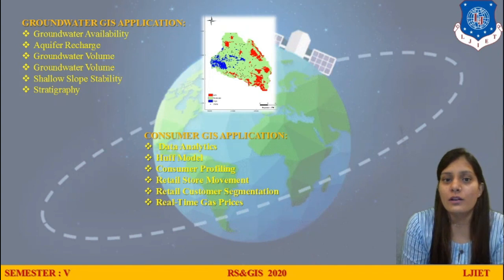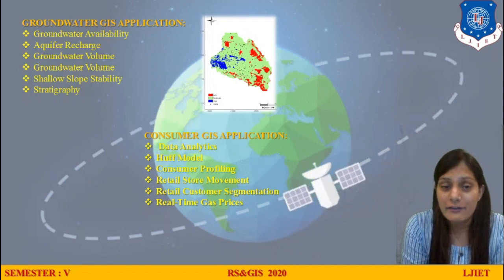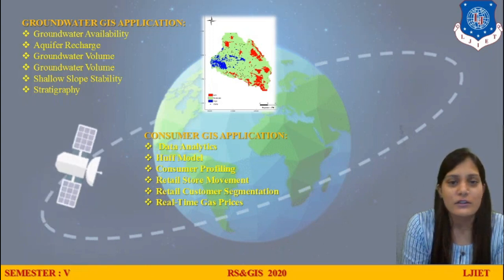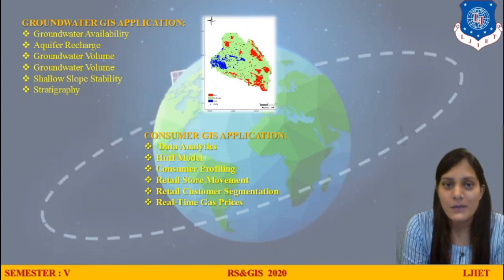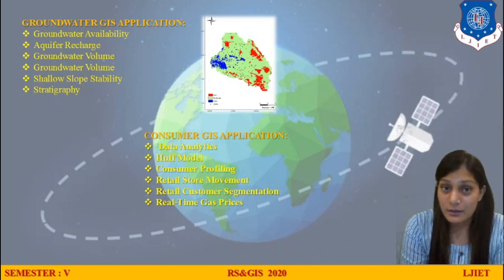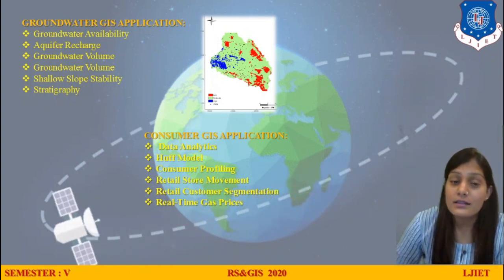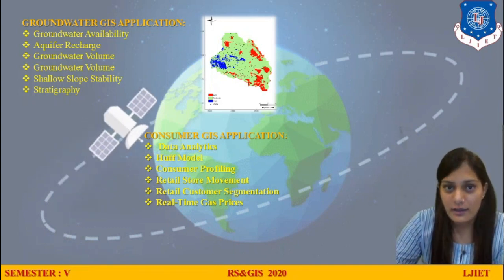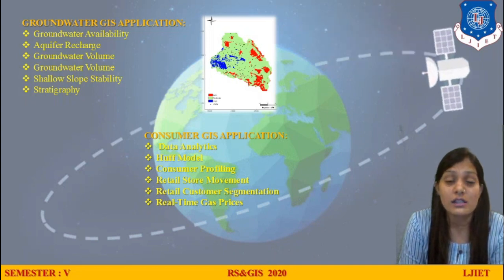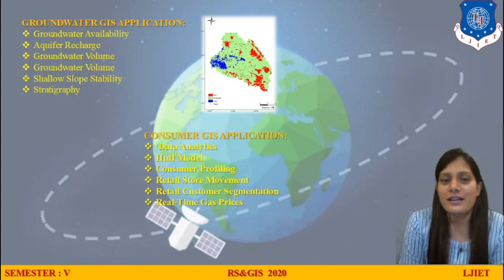Next, there is groundwater analysis. Right now a major application of groundwater is coming up in our day-to-day life, because groundwater recharge is very much required. Aquifer recharge is very much required because we don't have that much groundwater available. So how can we do that? How can we do the modeling of it? The rays from the satellite will ingress into the ground, and we will get information below the earth surface, what the layers are, and we can retrieve the actual strata condition below the earth, and we can model those things, right?